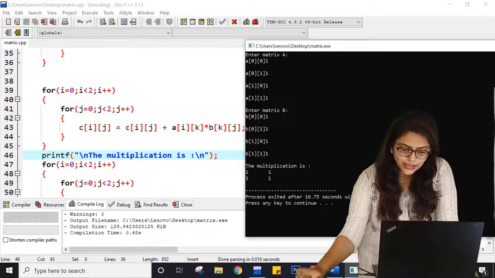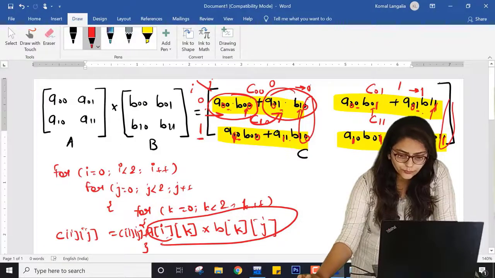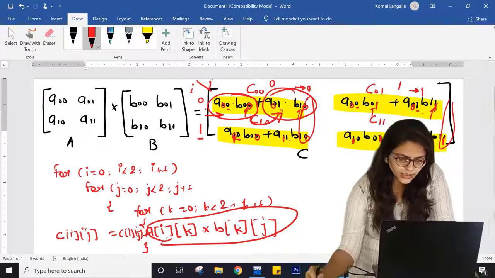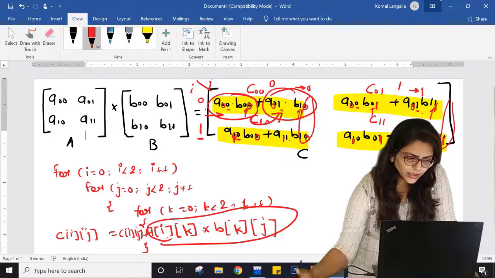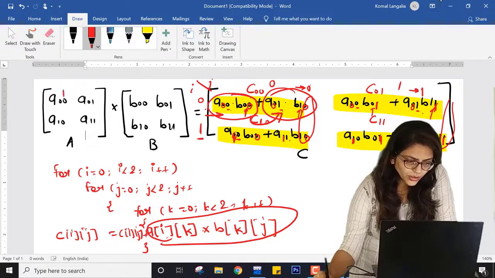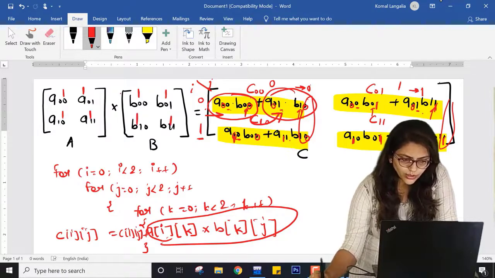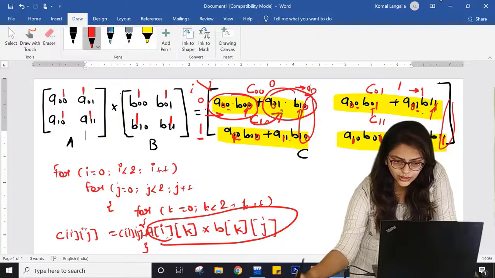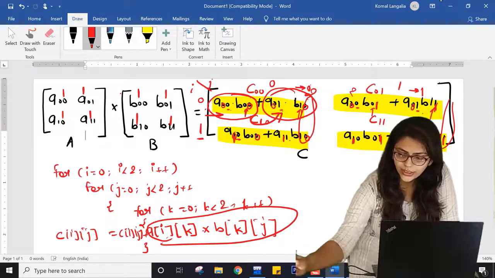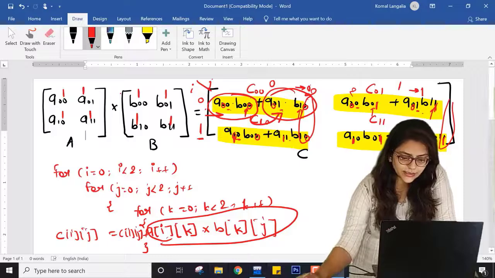So what will be the answer? Let us check over here. If I am taking 1, 1, 1, 1, 1, 1, 1, 1, the answer should be 1 into 1, 1, plus 1, 2. So the answer should be 2, 2, 2, 2. So here we are not getting the correct answer, right?